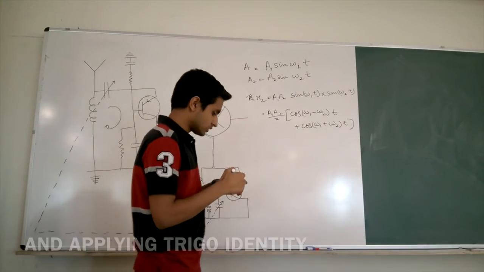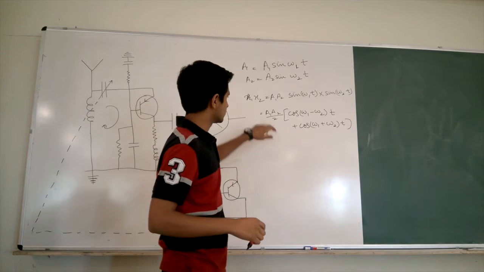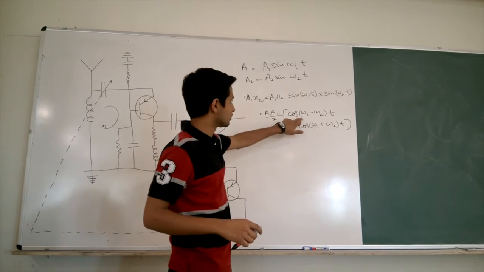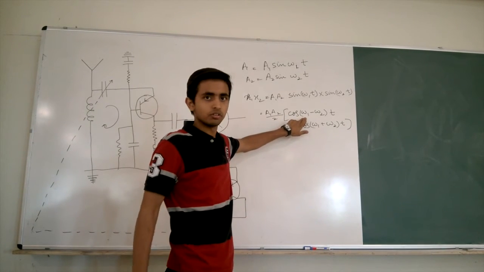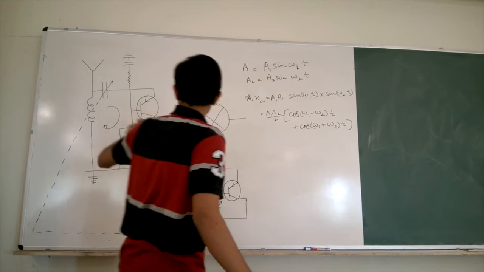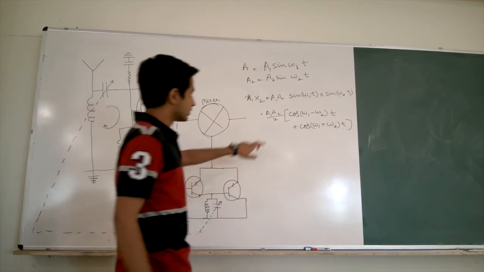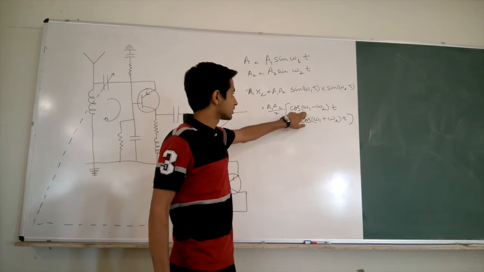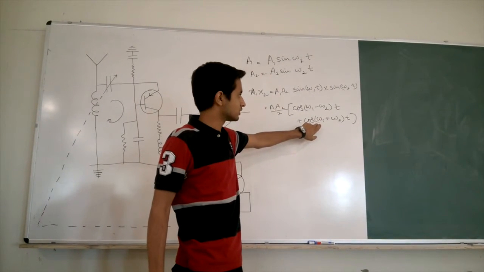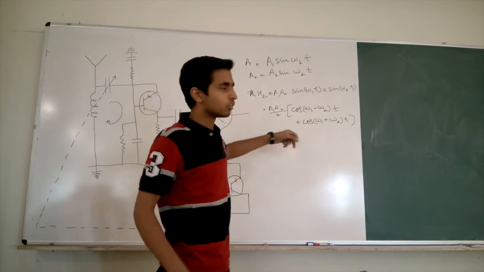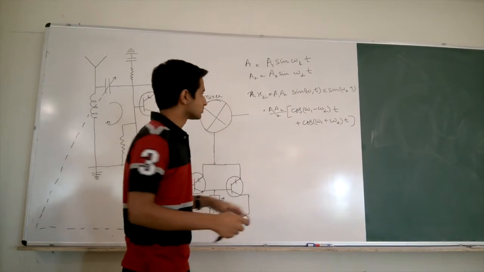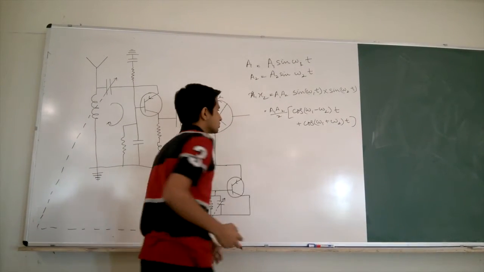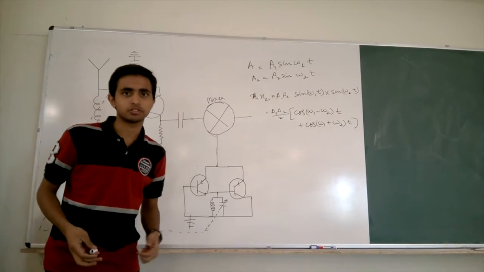And so here we see that the mixer is actually giving a mixture of two waves, one with a frequency equal to the difference of the frequencies of both these circuits, and one equal to the sum of the frequencies of both the circuits. We actually want the difference frequency, so the sum frequency wave is withered away, which we'll come to know afterwards. And so hence this is the basic functioning of a mixer.